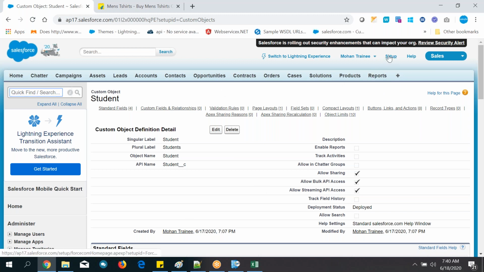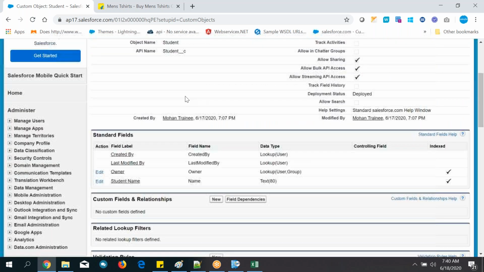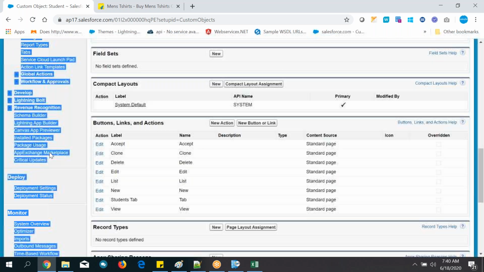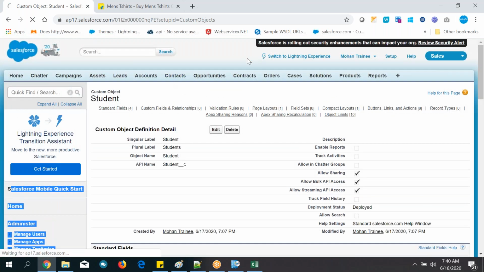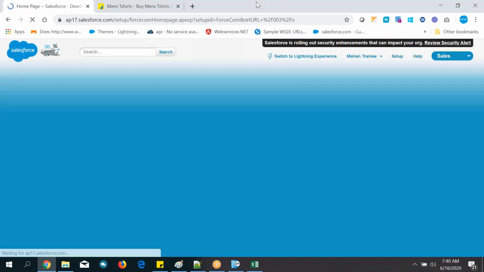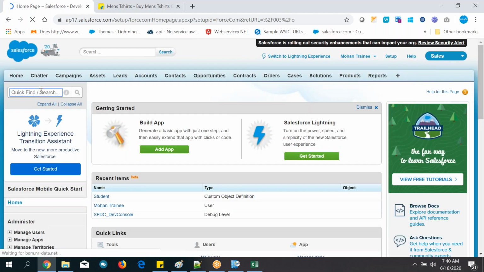Tab is a configuration item, so you need to click on Setup. You are already in Setup, because you are seeing these left side options. Suppose you are on the tab and want to create a tab: click on Setup and search for tabs.